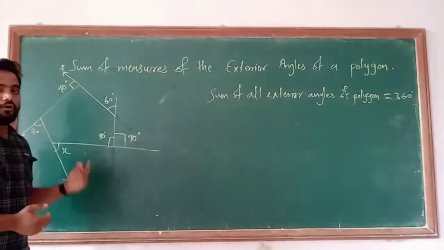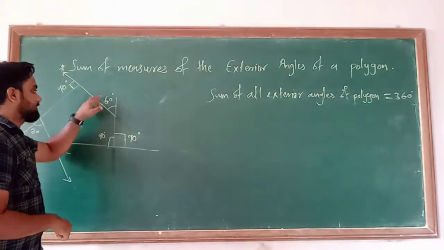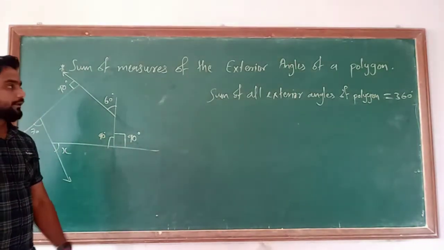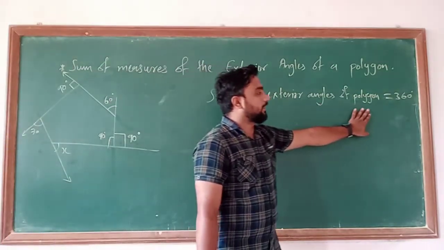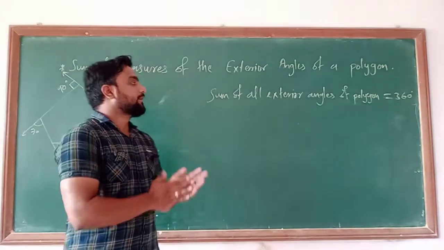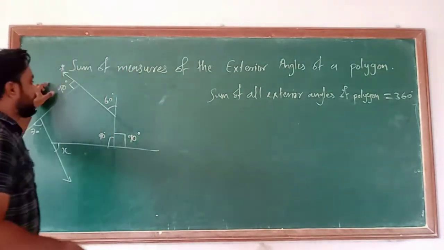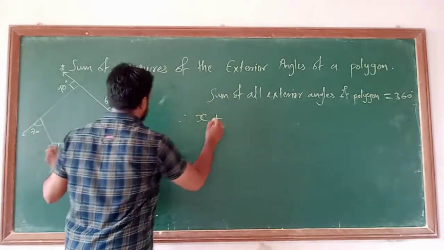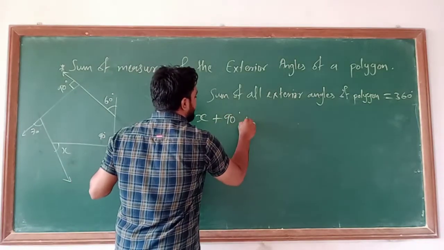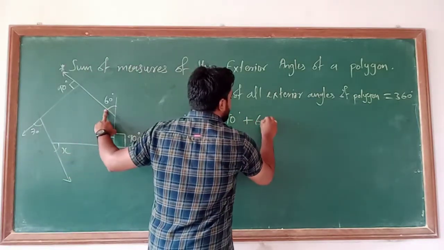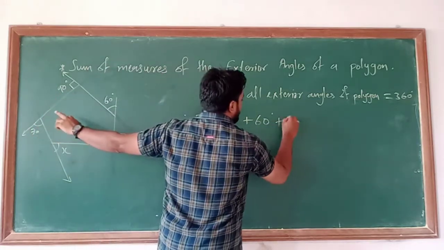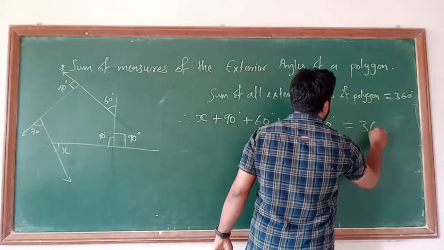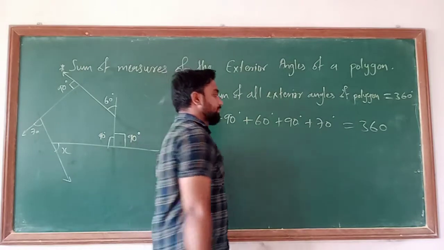Understand or not? So all of the exterior angles are known to us, that is 60 degree, 90 degree, 70 degree, unknown value x, and the 90 degree. So we all know that the sum of all the exterior angles of a polygon is equal to how much? 360 degree. Understand or not? So one by one I will write. Okay, starting from here. So therefore, starting from x plus another value, that is equal to how much? 90 degree plus next value, that is how much? 60 degree. Then next value 90 degree, and the next value is equal to how much? 70 degree, and the summation of all, that is equal to how much? 360 degree.